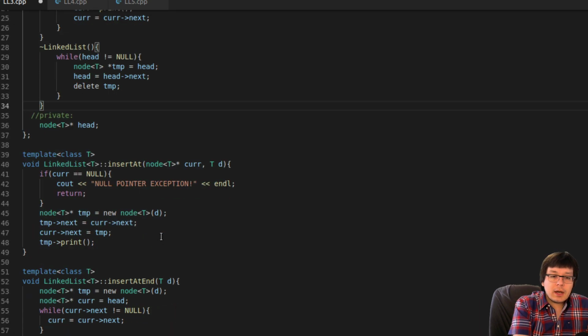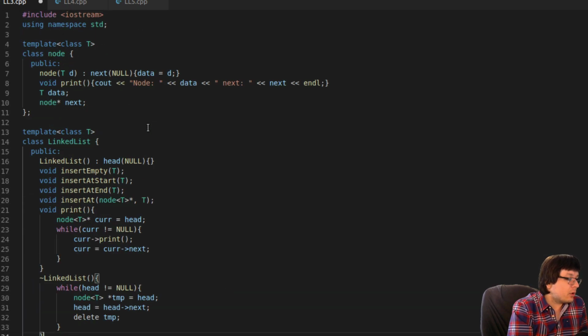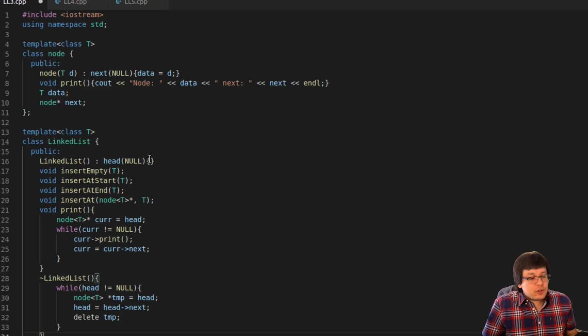Okay, so we just have the implementation of all of that, and we have some test code. So this is cool, and now what I want to do with this is I want to create a search and delete. How about that? So we're going to create a function that is going to search our linked list and is going to delete a number if found. In fact, maybe we split that into two tasks. The search and then the delete part. So maybe let's just write a function that can search a linked list for a given value. And if it is found, then it can return to us the index where it's at.